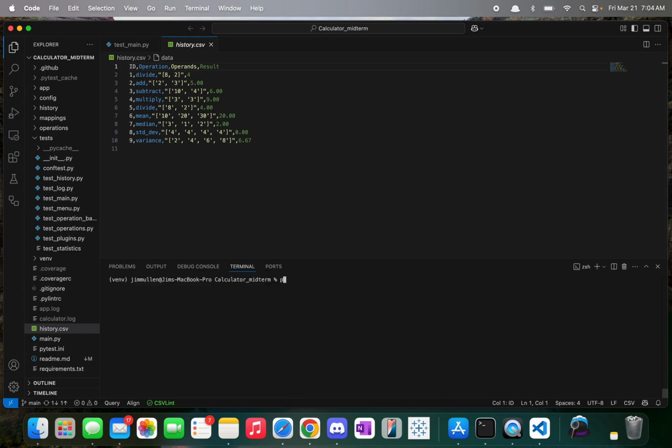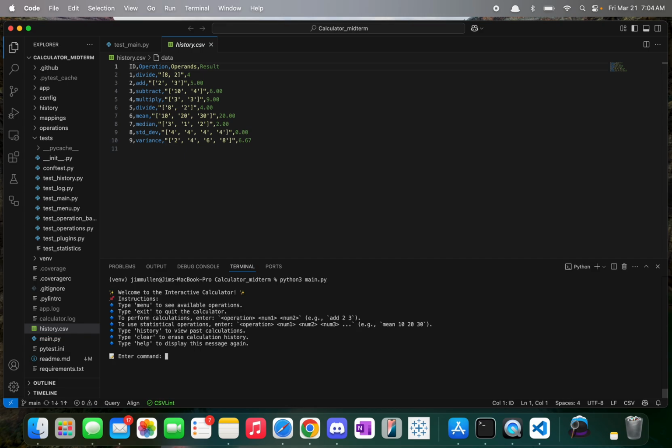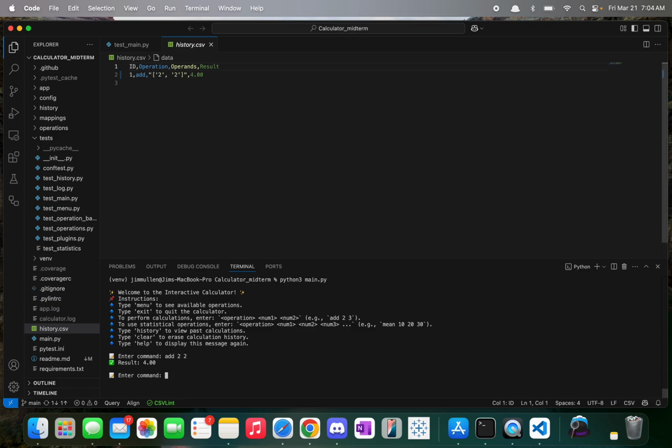Next, let's check out how the calculator works. So to run the calculator, you're going to run python3 or python main.py. And this is the introduction, the welcome message that you get when you first open it. It explains how to use it: to open the menu, run operations, check the history, clear the history, and help to display this message again. So we can add, we can subtract,